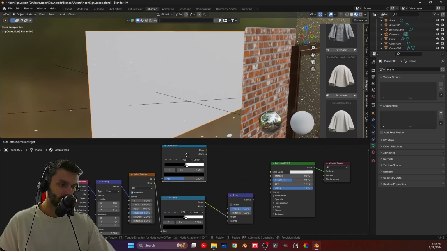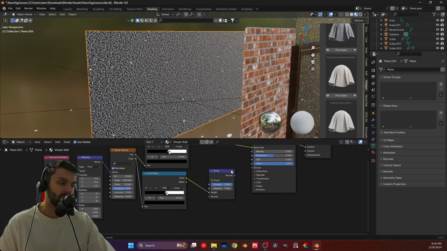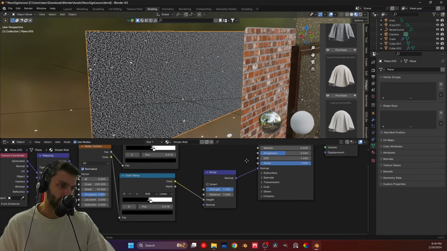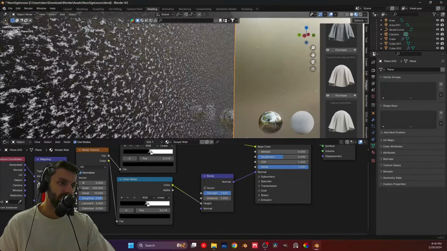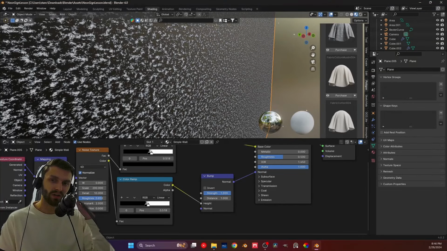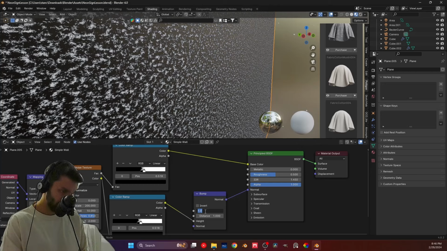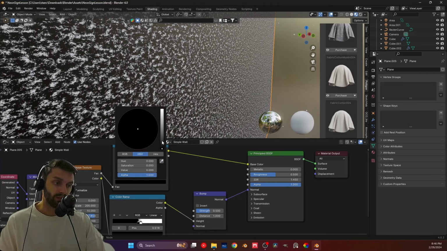So let me get this color ramp duplicated right here and push it in again. And now we'll put the bump in the actual principal BSDF. And now we have a lot of fake data that actually looks like, oh, there are small bits that are getting out, but they're not really. We can put this to 0.5. And also now we can actually play with a color, with the values, right? We can do a little bit of a